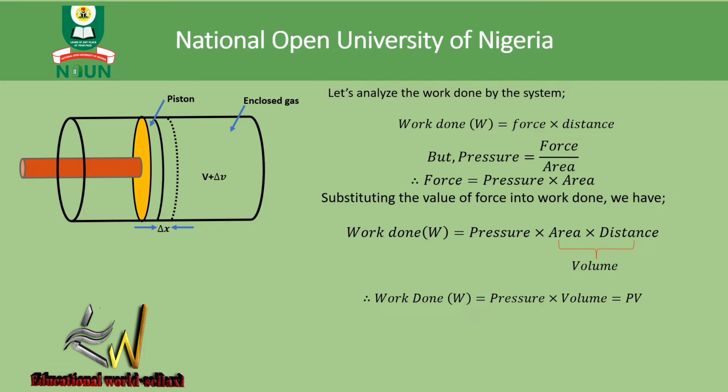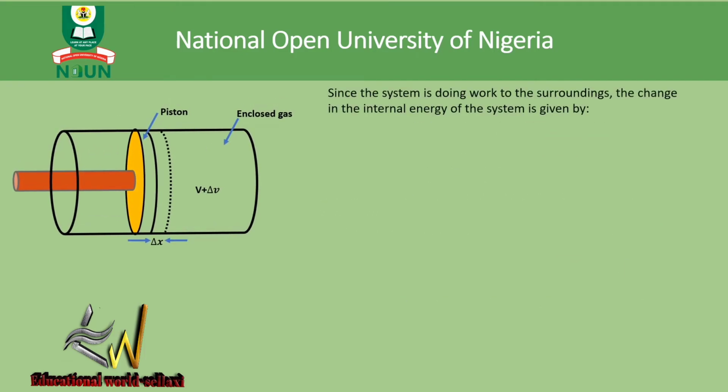Now, since this system is doing work to the surroundings, the change in the internal energy of the system will be given by delta U is equal to Q minus W. Like I said, that is the formula we use. Then substituting the values where necessary, work done there will be changed to PV, and volume is area times distance. So that's why we have delta U is equal to Q minus P times A times change in X,